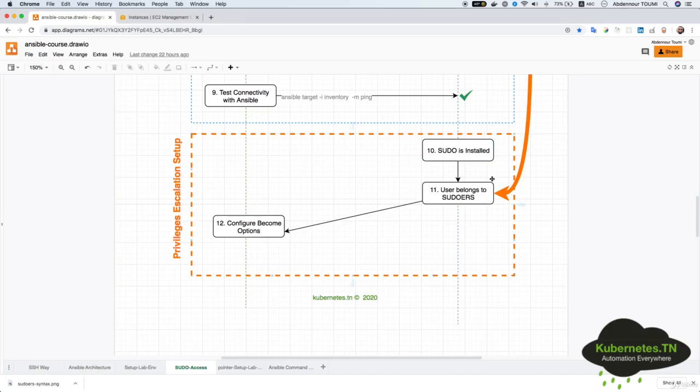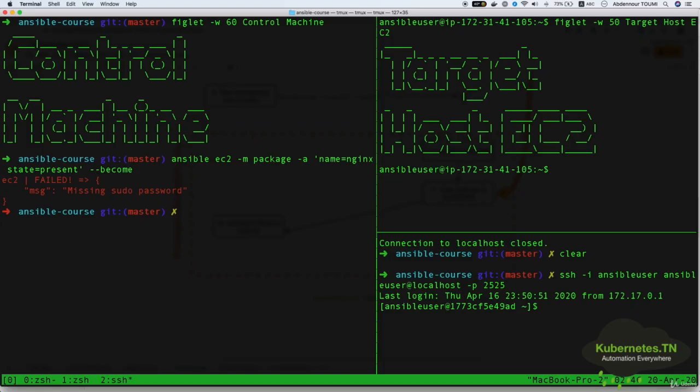One in the target host, which is making the user belong to sudoers, and the next step in the control machine to configure the user with become options. So let's start with the first step. We need to log in with a user that has sudo, so we can grant the ansible user the access. So let me exit